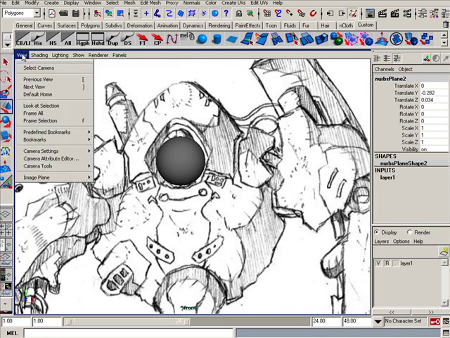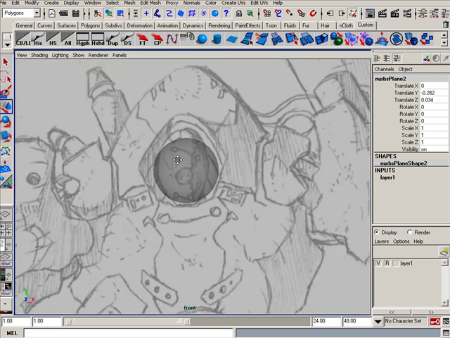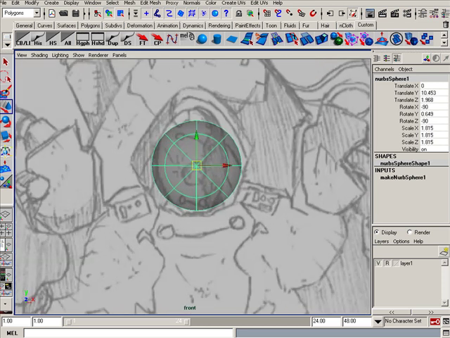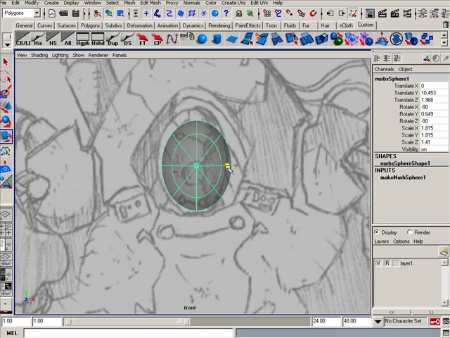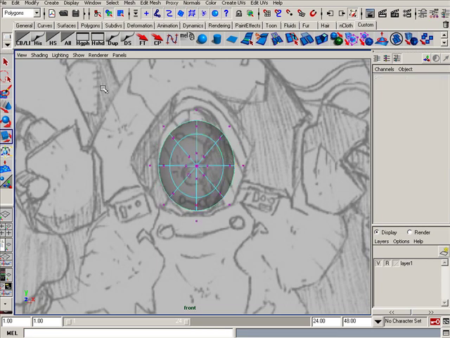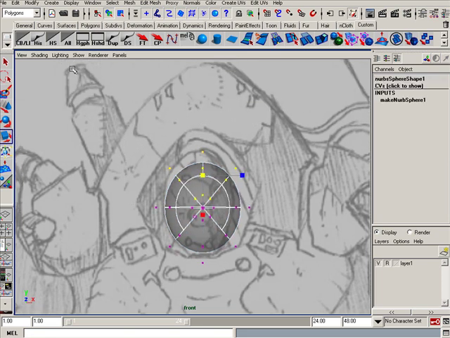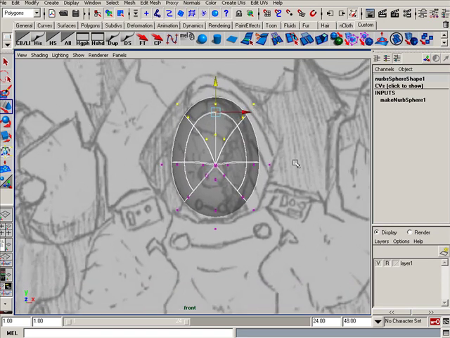So again, I'm going to change on X-ray on both viewports and grab my character's sphere that's starting to look like his head, and I'm just going to shape it just a little bit here. So I'm going to right click and select Control Vertex. It brings up all of these little pink dots that we can start manipulating. So I'm just going to make his head a little wider here, and then say his chin, pull in just